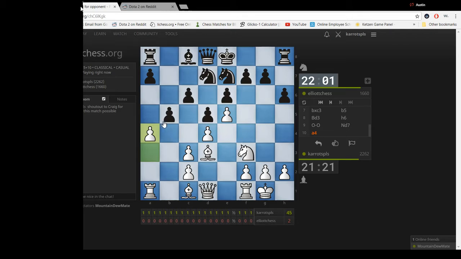Hopefully I can catch up on the time a little bit. I think he has to play a queen move, unless I'm just totally missing out on what's going on in the position. I mean, he could play bishop a6, but it looks kind of bad. If he plays bishop a6, I don't even know, I capture his pawn, and